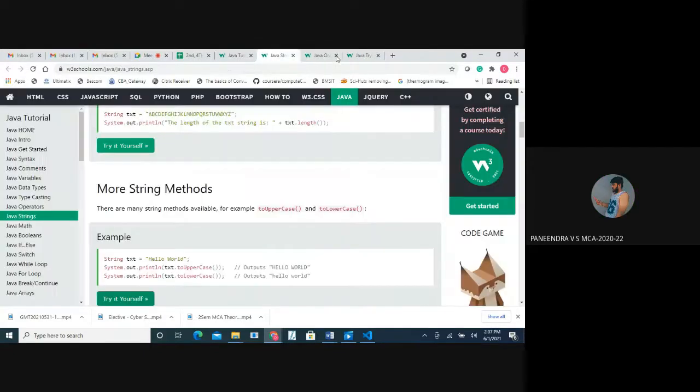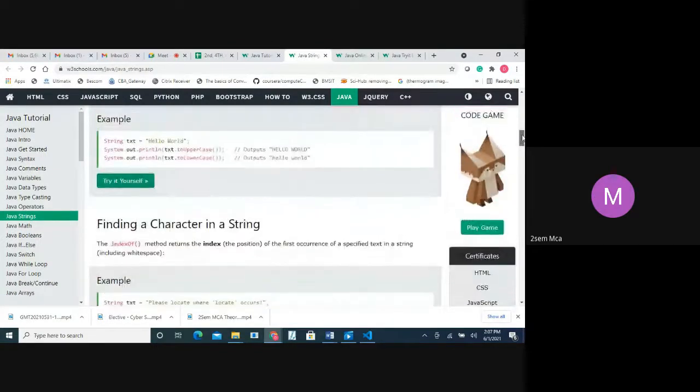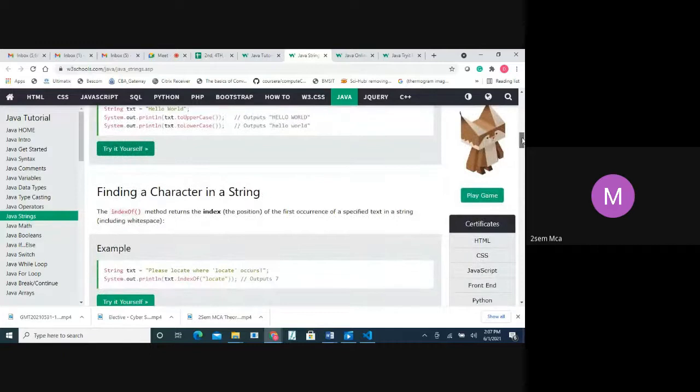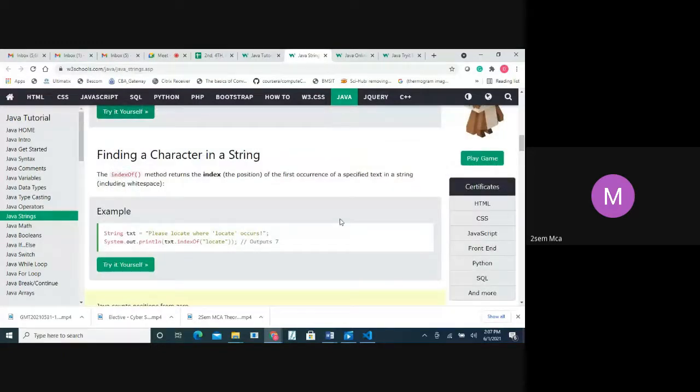Okay. Next one, finding a character in a string. So now I want to know what an index is. Index means position. Now I have a second sem MCA. So I want to know where MCA starts from. So for that we are using finding characters in a string. For that we have a built-in function called indexOf.